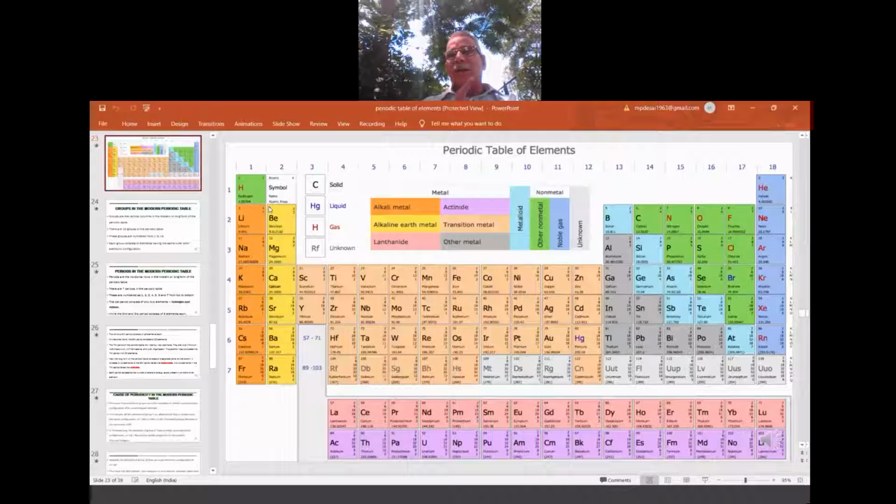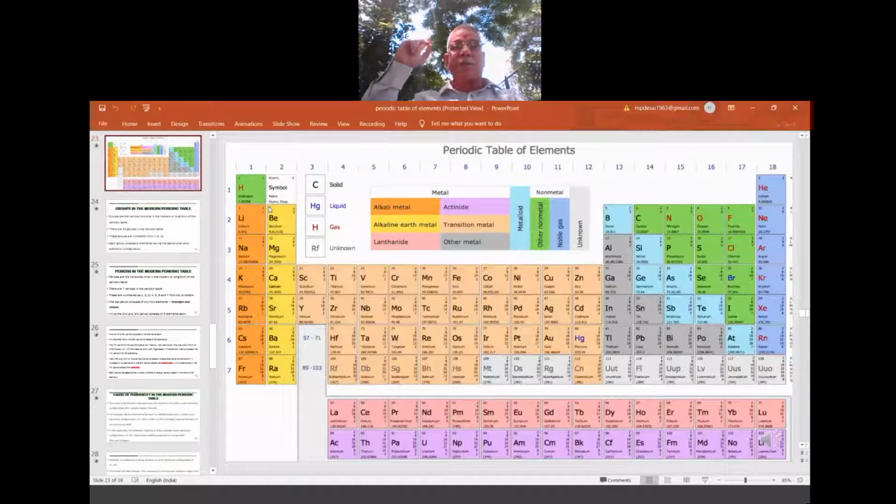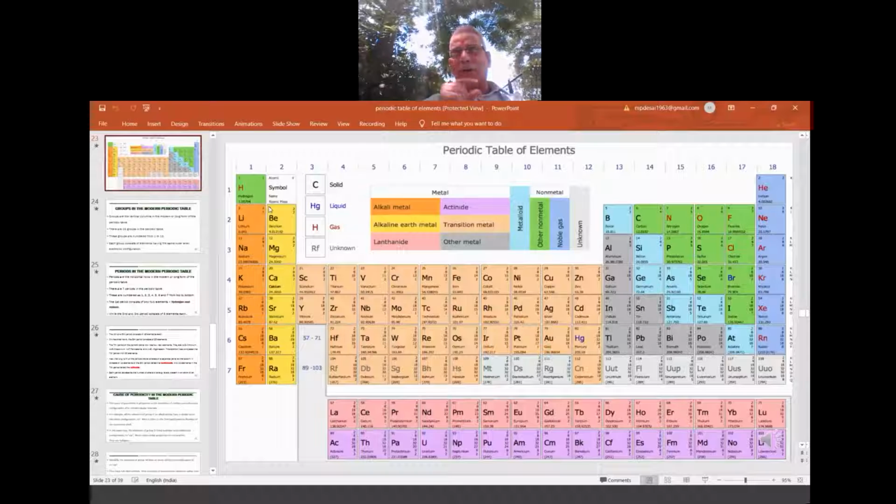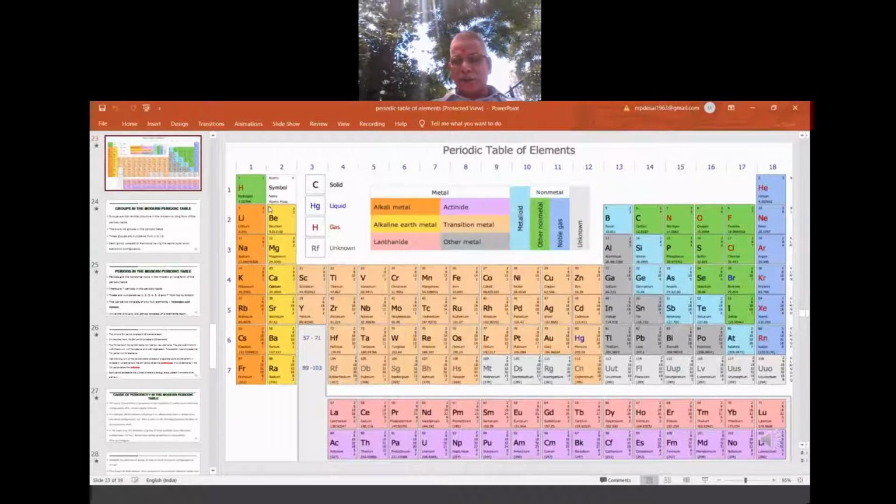But this increase we don't find in the group. In the group, an extra shell is created, so a big gap is there. The atomic number increases in the group also, but with a big difference. That difference you have to check. In the period, the increase is by 1, and in the group, an extra shell is created, so the increase is more. That you have to see.